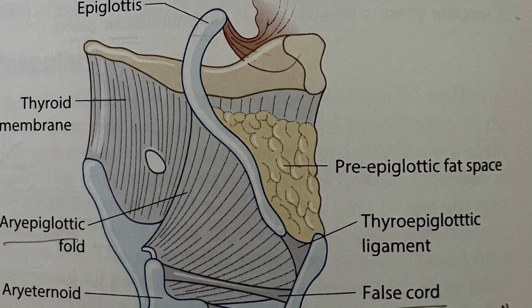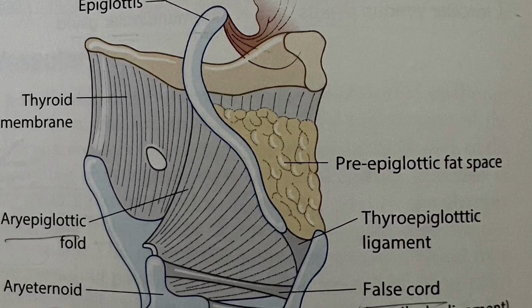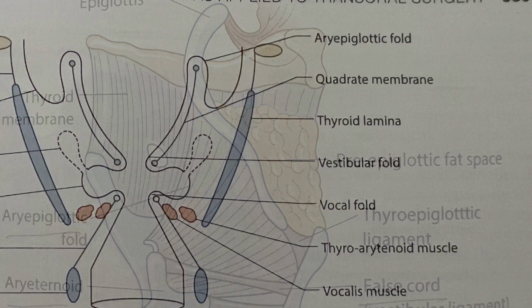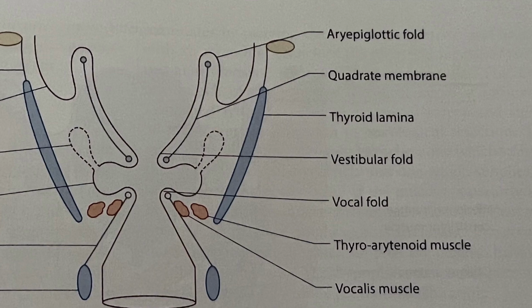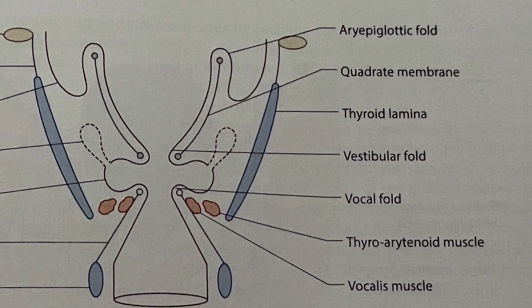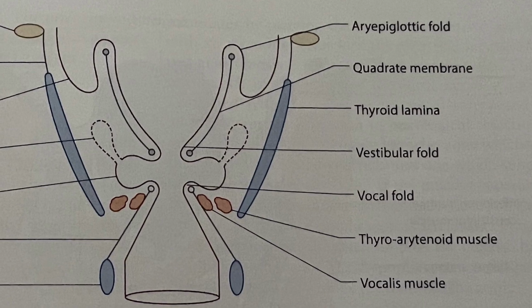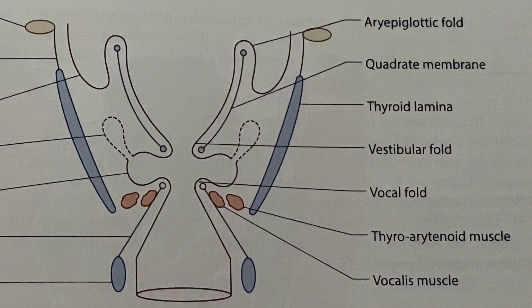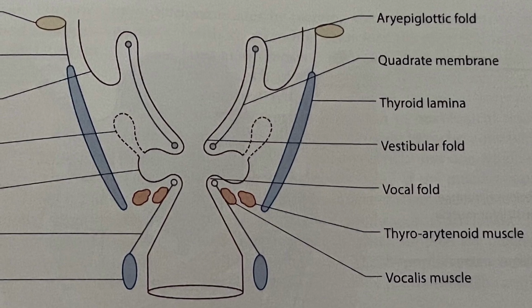You have to preserve one component so that it can function efficiently. And there are two corniculate cartilages, found at the apex of the arytenoid cartilage within the aryepiglottic fold. Between the vocal and ventricular ligaments, I mean between the true and false vocal cords, there is a space as a diverticulum. This space is called the laryngeal ventricle, which has the saccule. This saccule contains numerous mucus glands which secrete mucus that lubricates the vocal cords.